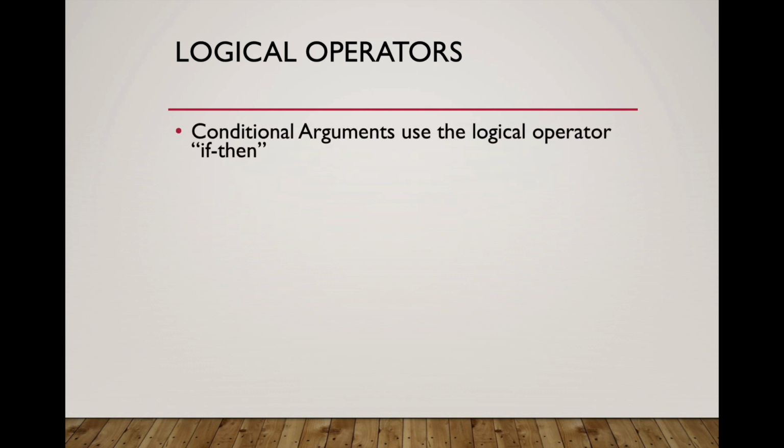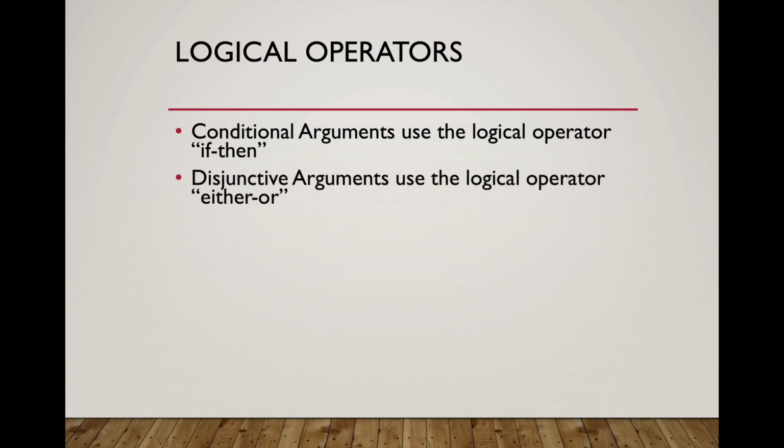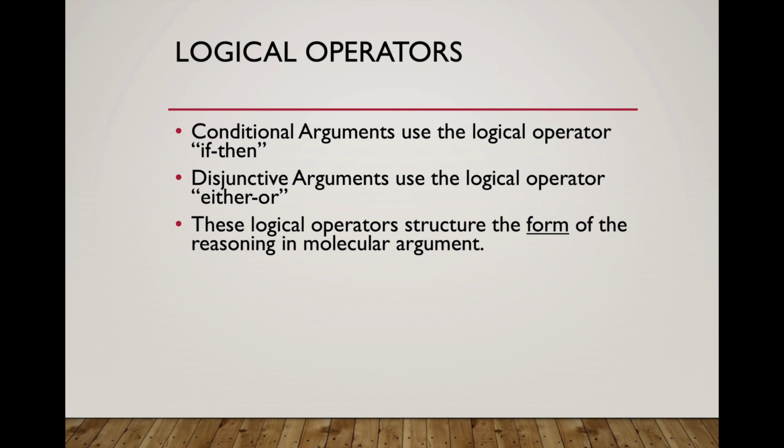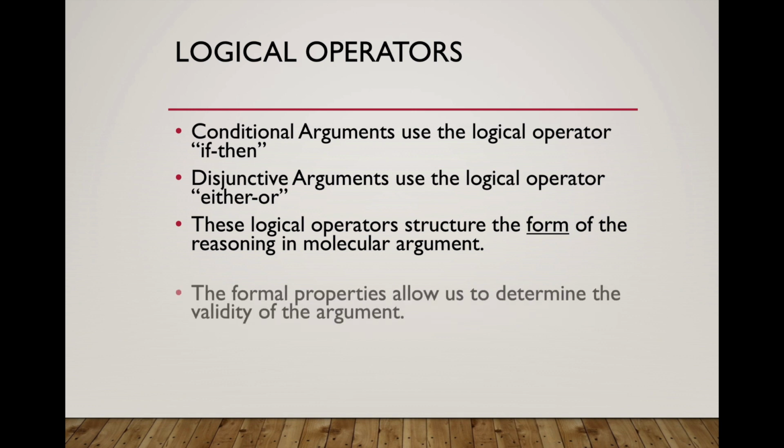As we said, conditional arguments use the logical operator if-then, and disjunctive arguments use the logical operator either-or. These logical operators tell us how the form of the argument must be structured, that is, how the reasoning must progress according to the rules of inference in order for us to reach a logically necessary